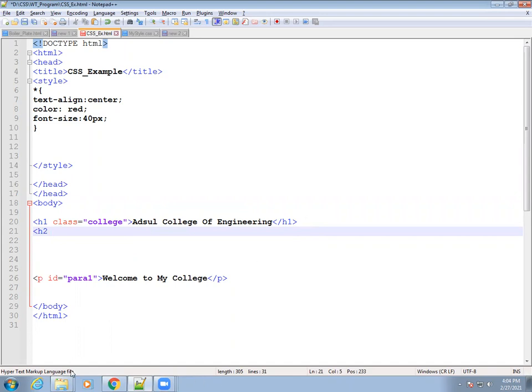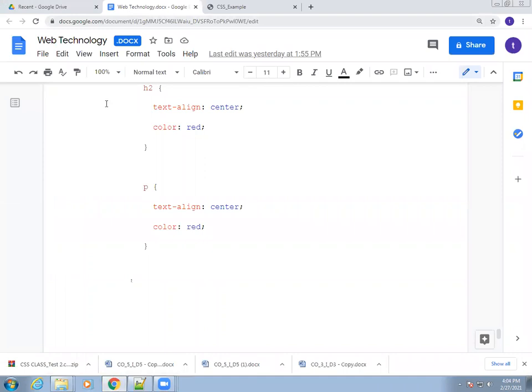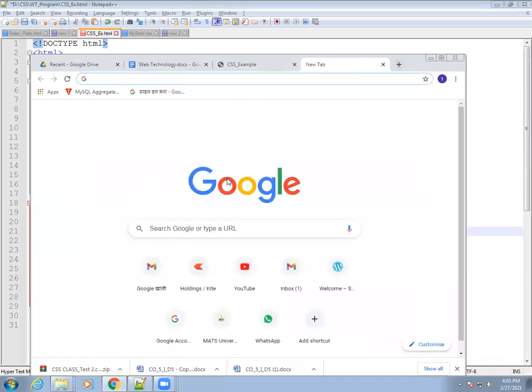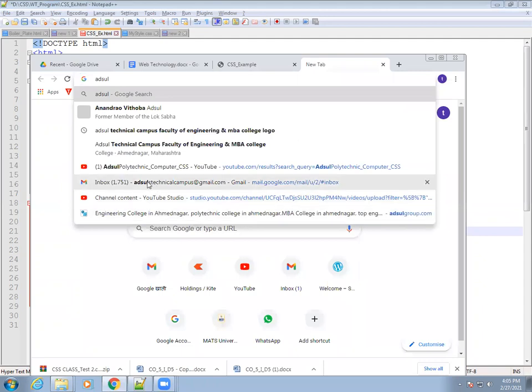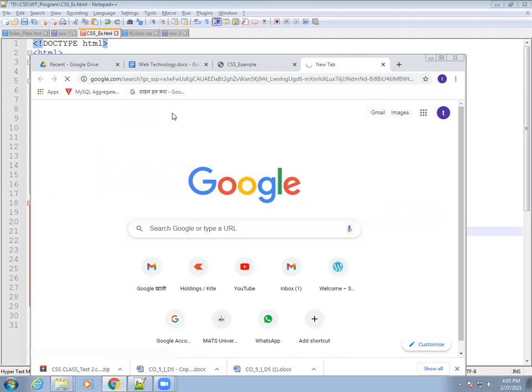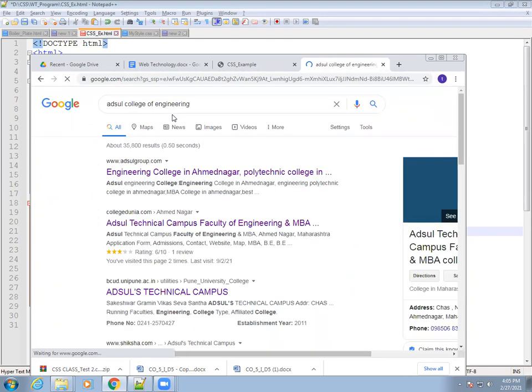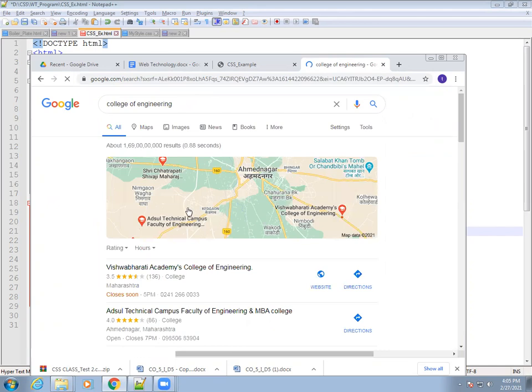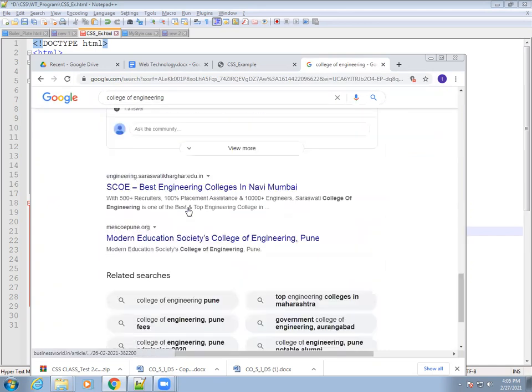We will copy some content first and then paste it here.